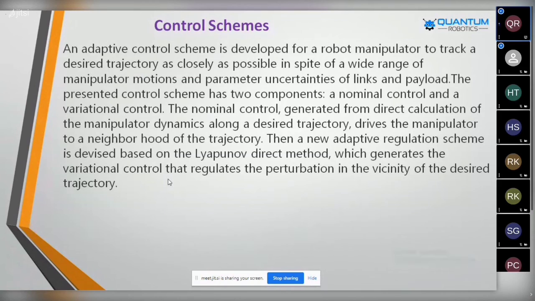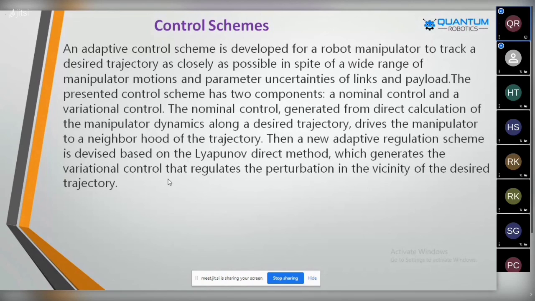The control scheme gives the trajectory planning for that mapping. Whatever mapping we give in the 3D dimension, X, Y, Z, it is going to be used within the trajectory. The trajectory is nothing but the control scheme, meaning it controls that particular device within a particular range of angle. That is why the trajectory acts as closely as possible over a wide range of manipulator motions and parameters.